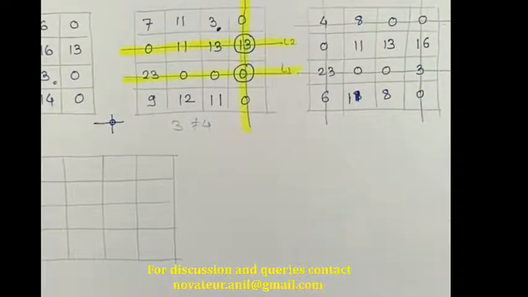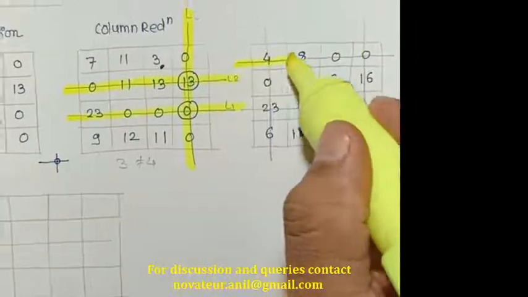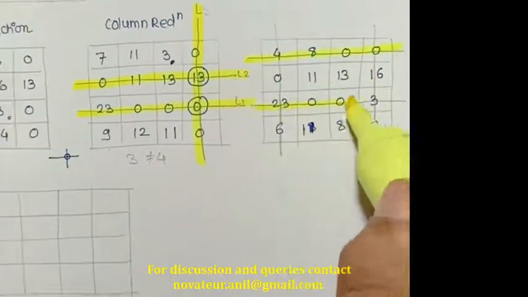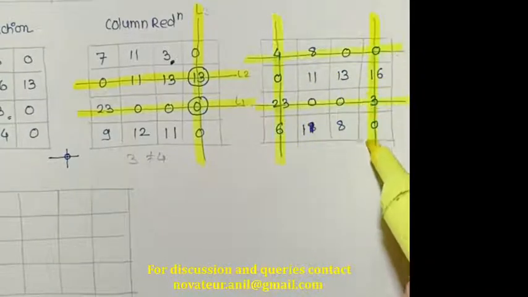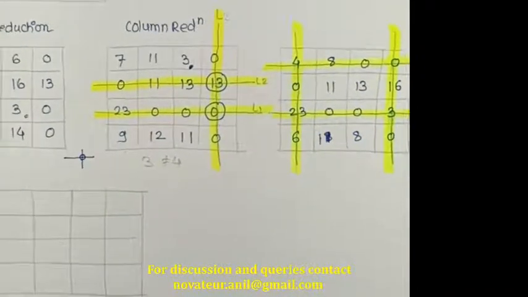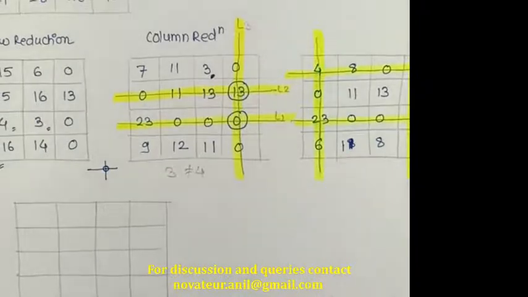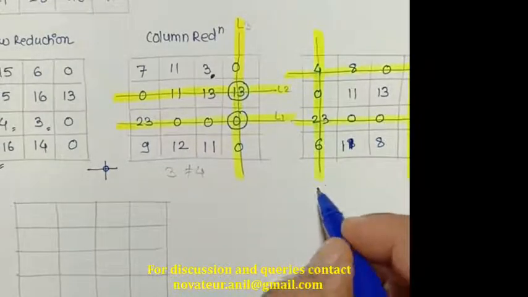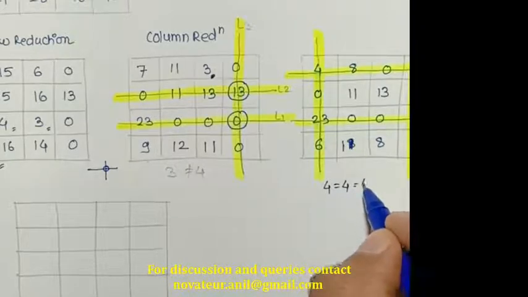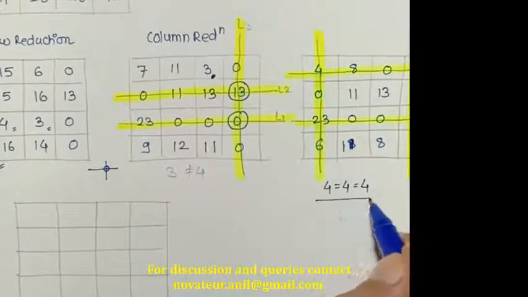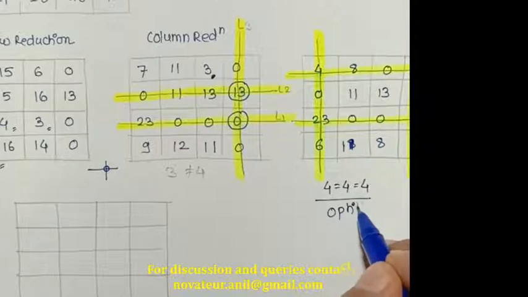So now my lines are like this: this is covering 2 zeros, this is covering 2 zeros, this is covering 1 zero, and this is covering 1 zero. So now I got 4 lines. Again I'll check the condition of optimality. That is, the number of lines is equal to 4, the number of rows is equal to 4, and the number of columns is equal to 4. So optimality is achieved.